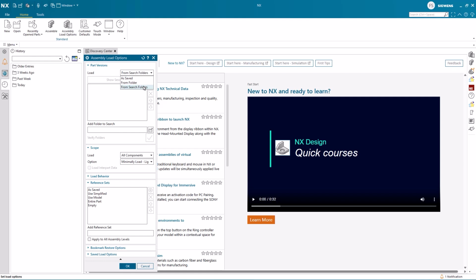From Folder will look in a specific folder only, and it would be the same folder where the assembly you are opening is located. From Search Folder allows you to limit the search to a specific folder or specific folders predefined by you. In this case, we will set From Search Folder, but we will not define a path, just for you to understand what the system does.